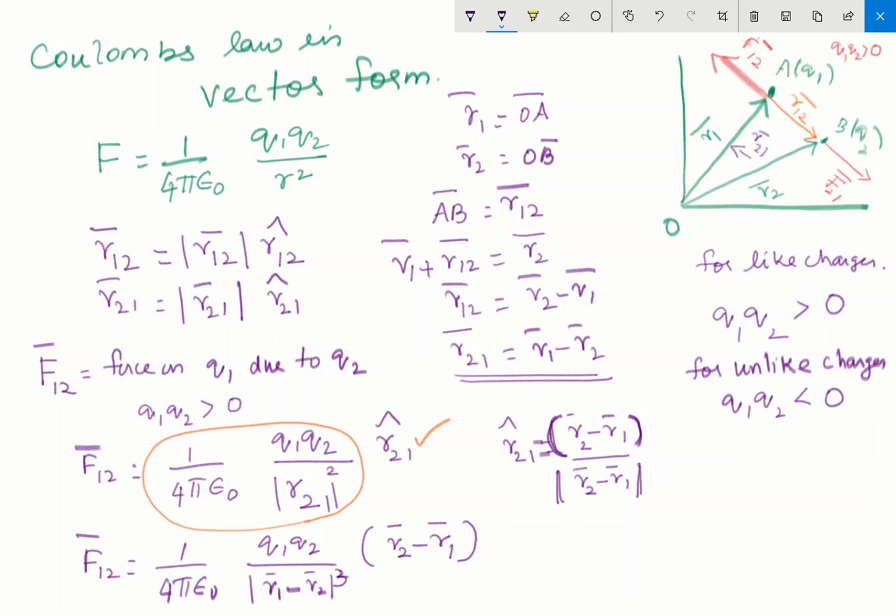Okay, therefore, what is F21? F21 will be the same only, but only the direction differs. Let me write here F21. Therefore, that is equal to 1 by 4 pi epsilon naught Q1 Q2 by R12 the whole squared into R12, and that is equal to 1 by 4 pi epsilon naught Q1 Q2 by the individual vector, that is a position vector. What is R12? R2 minus R1 the whole cube into